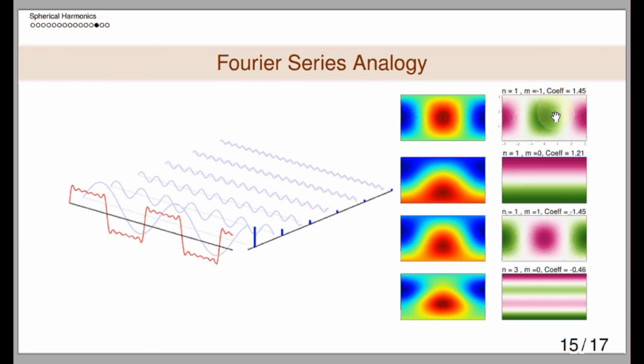Now to this I add another function which is degree 1 and m equals 0 with coefficient -1.21, and what you see if you add these two is this function. To this I will add another one, degree 1 and m equals 1 of coefficient -1.45, and add to it what I obtain is this, and to this I will last add degree 3 and m equals 0 and obtain this function. It is difficult to show the weights separately and the final function, so I have incrementally shown how the function evolves when you add the spherical harmonic functions one by one, okay.